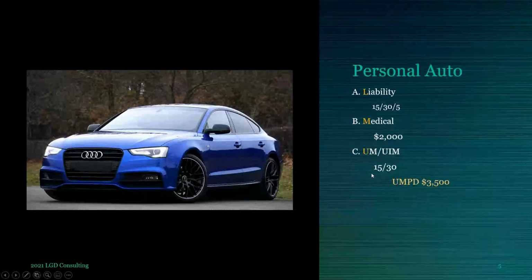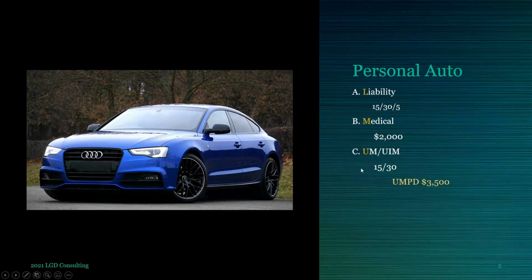Okay. If they want to go with lower numbers, and this is where you'll see a lot of agents try to make the premium look good, they'll give you 100/300 up here, but they'll keep this at 15/30. That means if you hit someone, we'll pay them $100,000 for their medical, but if someone without insurance hits you, we're only going to give you $15,000. I mean, why are you giving a stranger more money than you'd want for you and your own family? And so it should match. But if they don't want this, they can sign off, or if they want lower limits than their liability limits, again, you have to have them sign off.